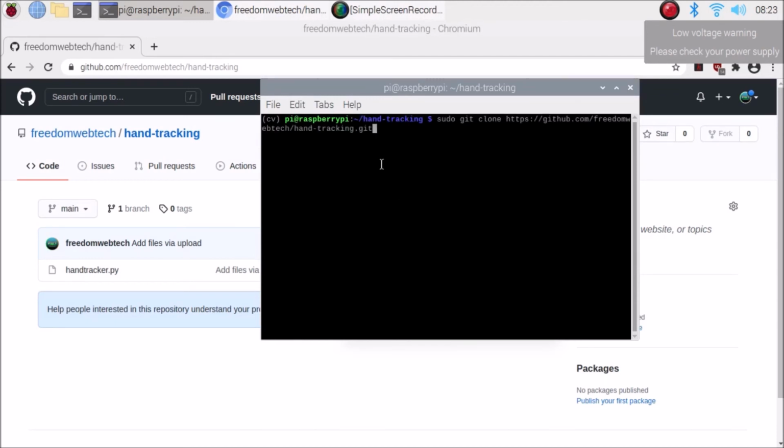Hit enter, and it will download the hand tracking folder. As you can see, I have already downloaded the hand tracking folder, which is our repository. After that, you simply run sudo python3 handtracker.py and hit enter.